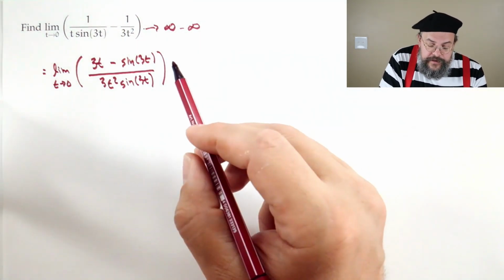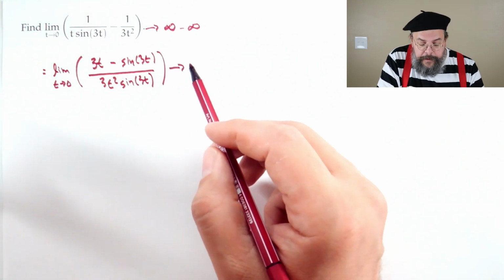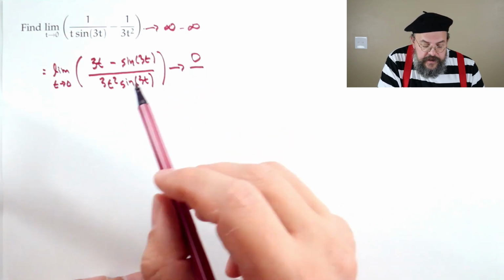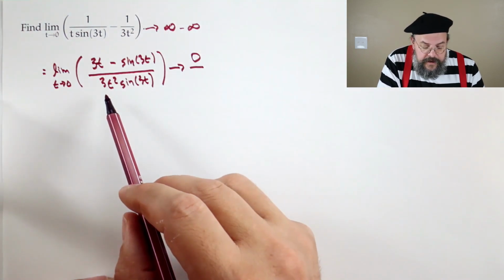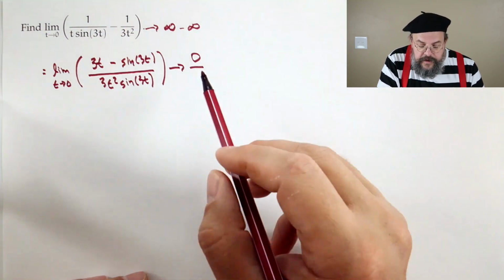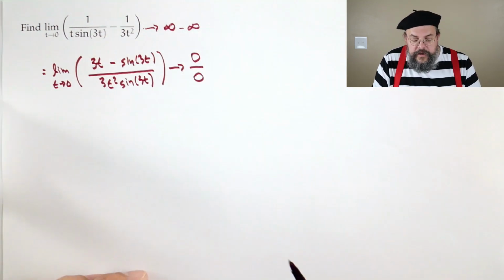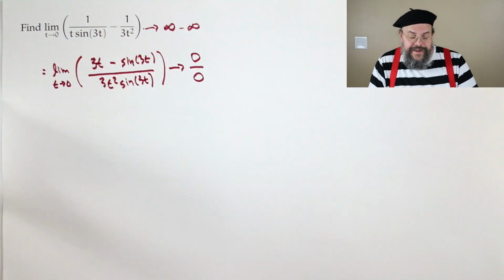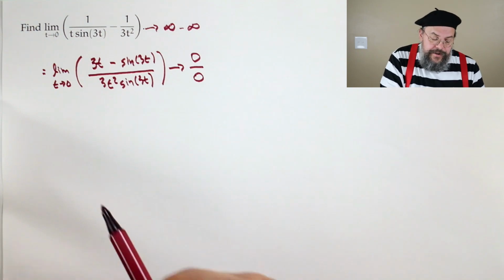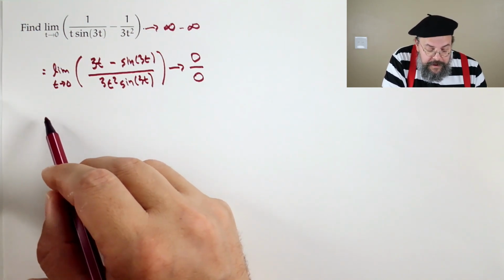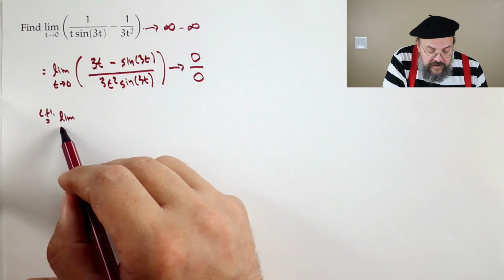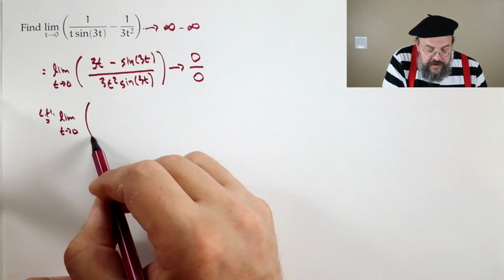Does it go to something nice? Well, upstairs, 0 sine of 0 is 0. Downstairs, well, we have 0. Sine of 0 is 0. Very 0, extra 0-y. So yeah, lots of zeros here. All right, well, let's begin. So apply L'Hopital, and we say this is the limit as t goes to 0 of,